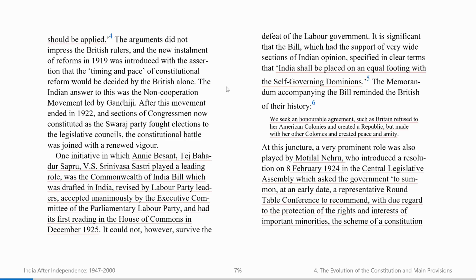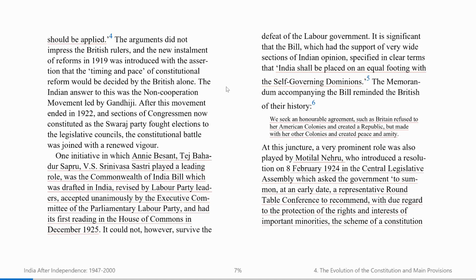Then we have the Commonwealth of India Bill. Okay, and this was by Annie Besant, Tej Bahadur Sapru, and V. S. Srinivasa Sastri. And this was drafted in India, revised by the Labour Party leaders, and was also unanimously accepted by the Executive Committee of the Parliamentary Labour Party in the House of Commons in 1925. But obviously, the Labour Party fell, and it took a lot of time before the Labour Party came again, and India could actually get it. But the basic idea behind the bill was that India shall be placed on equal footing